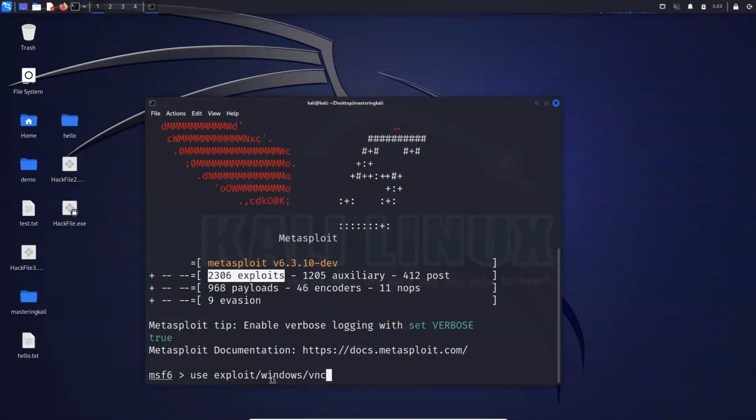There is an exploit known as VNC. VNC stands for virtual network connection. Okay, so there is a vulnerability in Windows that lets you see the user's screen remotely. I can see your screen, what you are doing. Okay, like mirroring, you can say, like TeamViewer or AnyDesk, but without permission. Got it? So VNC is one of the vulnerabilities. So there is an exploit for that, which is already there by default in the Metasploit. So I can use exploit Windows VNC